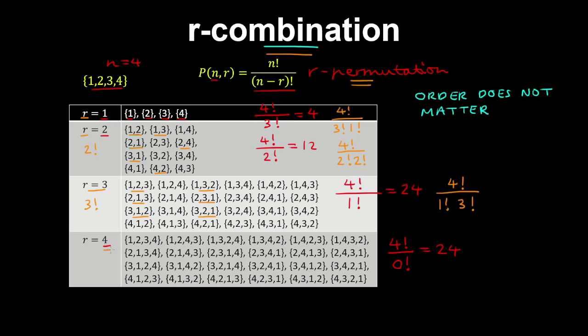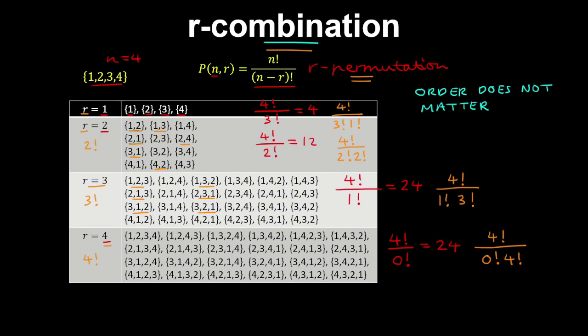And finally, when r equals 4, we can arrange these numbers in 4 factorial ways, or 24 ways, as we can see by these r permutations. So therefore the number of 4 combinations is the number of 4 permutations, which is 4 factorial on 0 factorial, and we divide by 4 factorial. So from this,